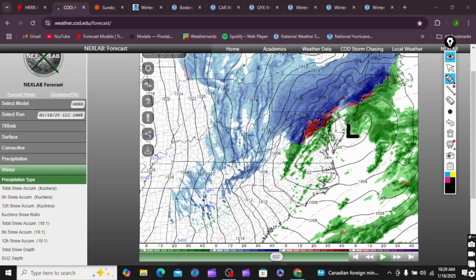We got rain into the Delaware area, New Jersey area, southern New Jersey. But you got snow bands. Once again, that snow line. But you got some of these heavier, darker snow bands like in here. You got some in eastern Pennsylvania, even central Pennsylvania. You got some of those heavier snowfall rates. Could be 1 to 2 inches an hour.